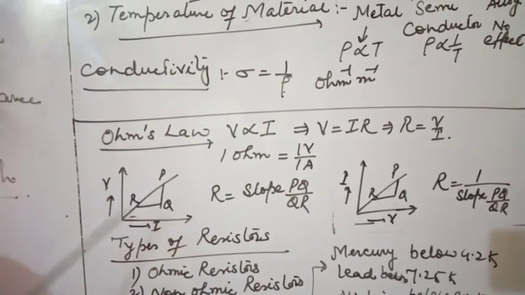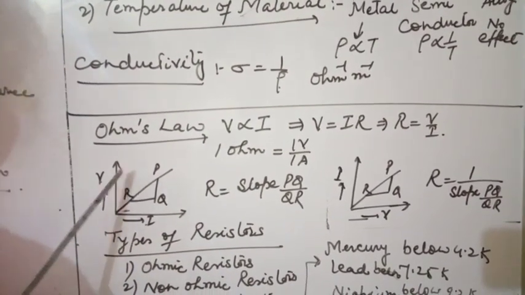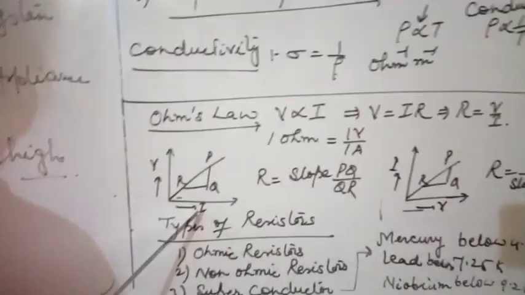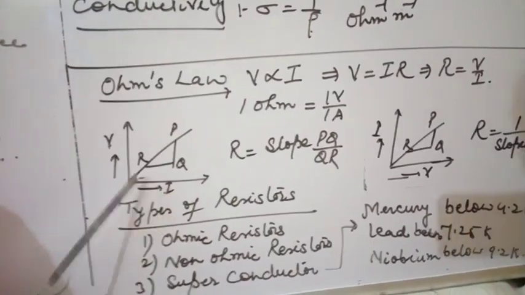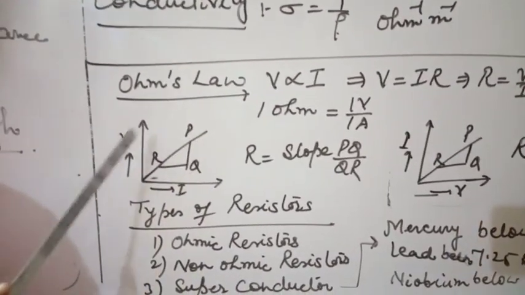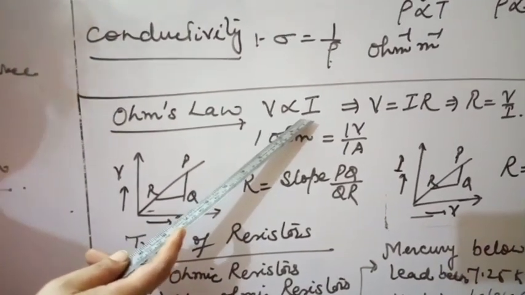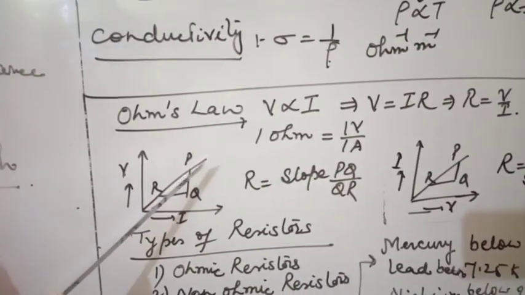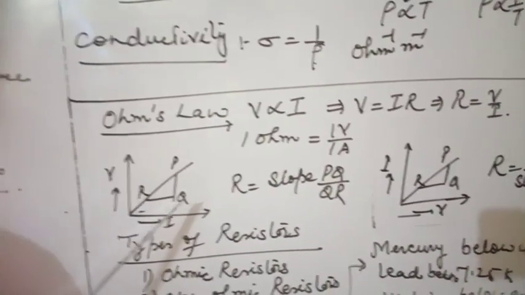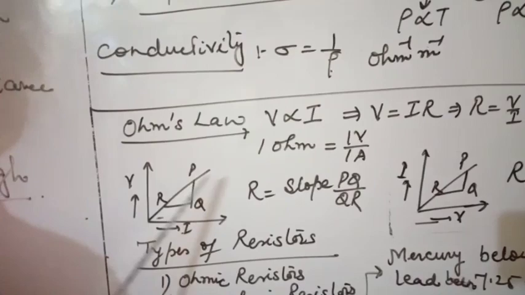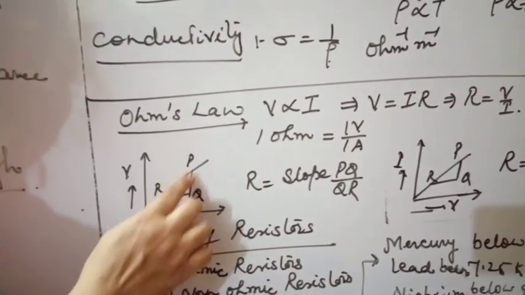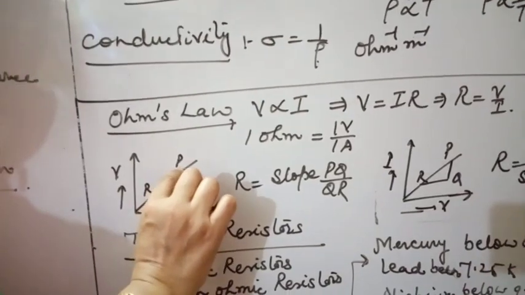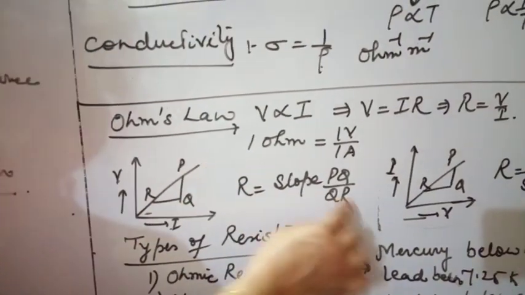So according to Ohm's law, V is directly proportional to I. Now I will explain on the basis of graphical representation. If we draw the graph V versus I, it will be a straight line, because this is a proportional relation. So what is the use of this? With the help of this straight line graph, we can find out the resistance. See here how. Firstly, I will draw one slope PQR. So PQ upon RQ, that will be the slope.